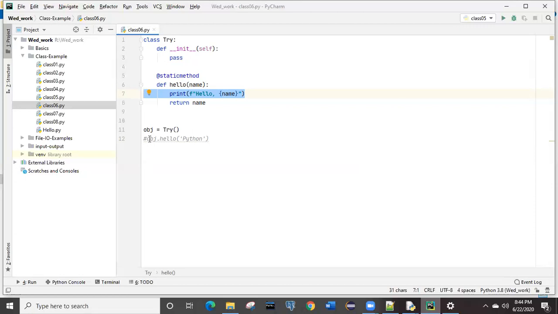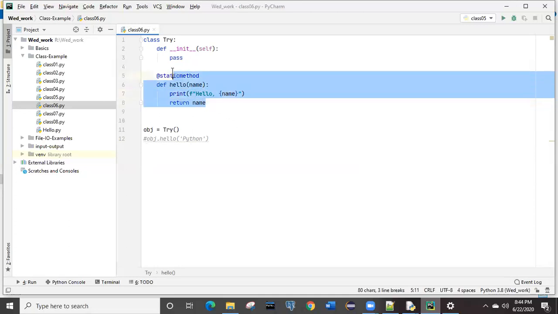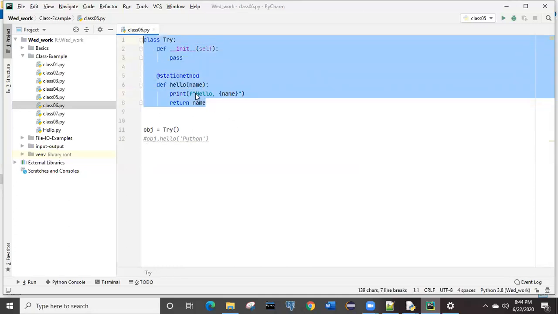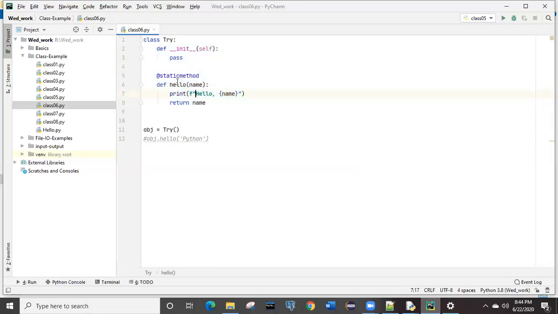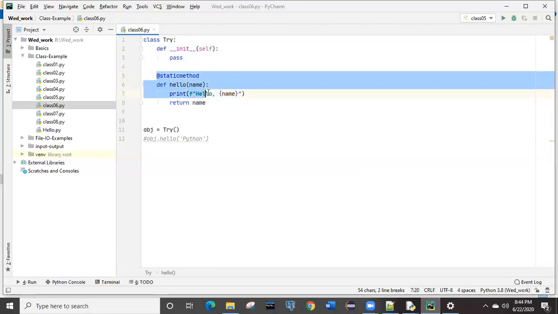See, if you look at line number 11 and 12, don't think about what is in 11 or what is in 12. I want to know your understanding. If I am defining any class and inside that I have defined one method, and that method is static.